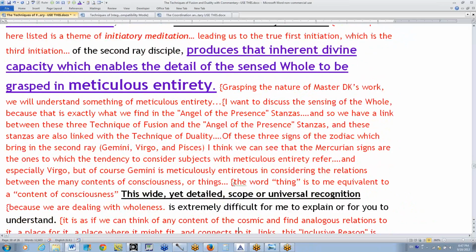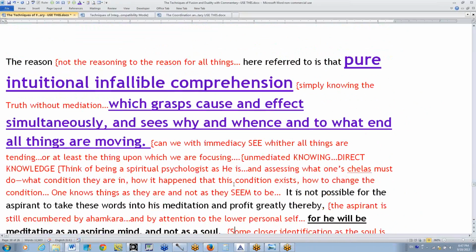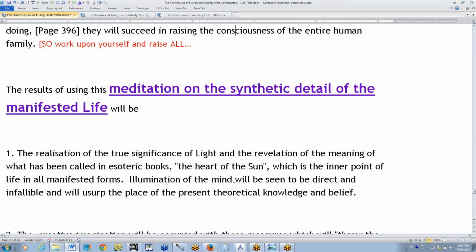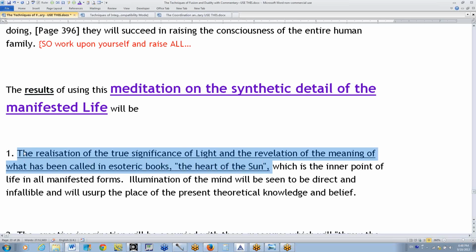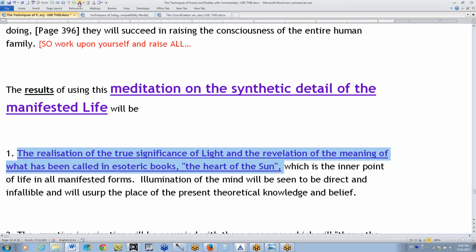Now let's go down. Speed reading, right? Oh, yes, there it is. What will be the results of using this meditation on the synthetic detail of the manifested life? So, what will come? The realization of the true significance of light and the revelation of the meaning of what has been called in esoteric books the heart of the sun. Well, whether that is the soul of the solar logos, or whether it is somehow the etheric heart expression of the solar logos on the monadic plane, I infer that it is there, or whether it's the subjective sun, a kind of expression of love upon the cosmic astral plane. In any case, the true significance of light